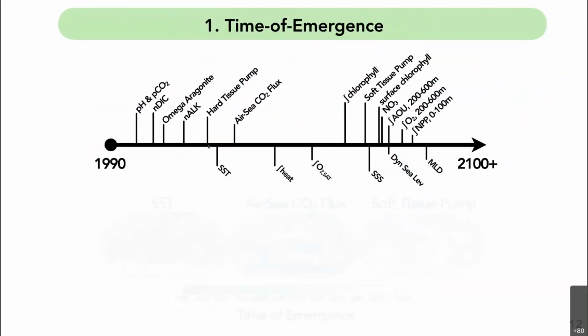So one of the first wave of uses of large ensembles in ocean biogeochemistry was to understand when different changes in the ocean would become emergent. And this gives us a gauge on what type of observing system we need and also when these impacts might occur. So if we start in year 1990, this is an event timeline for when changes in the ocean globally might occur. And the first set of changes here is related to carbonic chemistry.